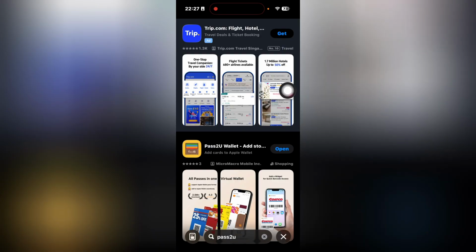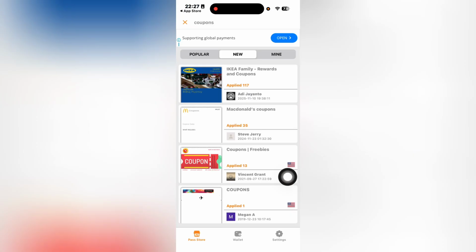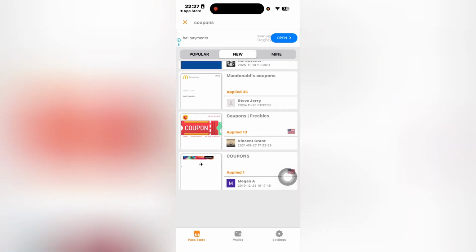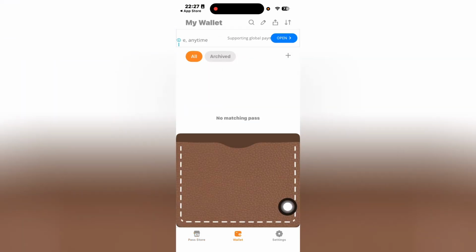So you're gonna head over to the App Store or Google Play Store and download the Pass2U Wallet app. And once it's installed, open it up. The layout is simple and easy to navigate. You're going to click on wallet over here, and then you can simply click on the create pass option at the